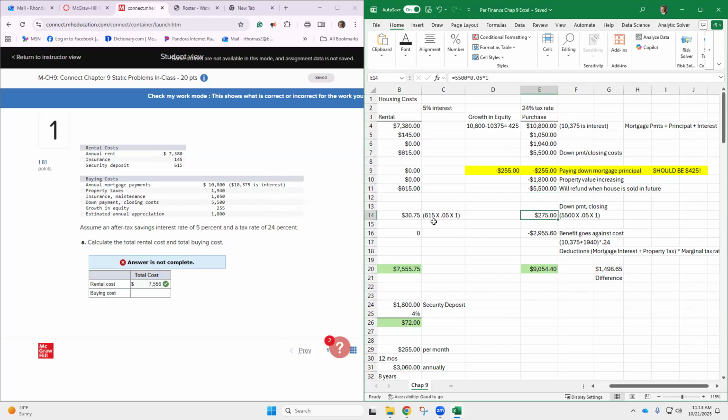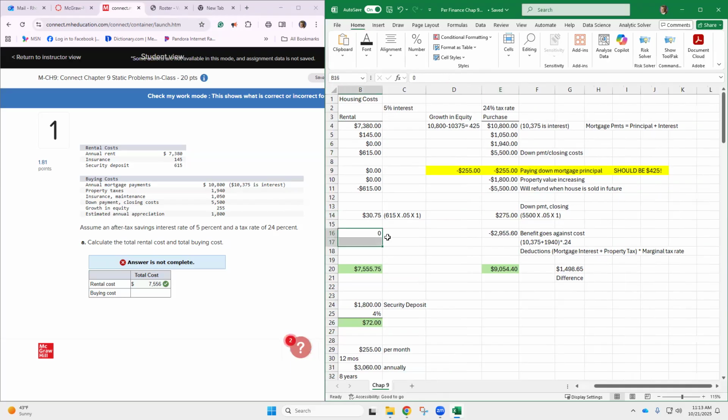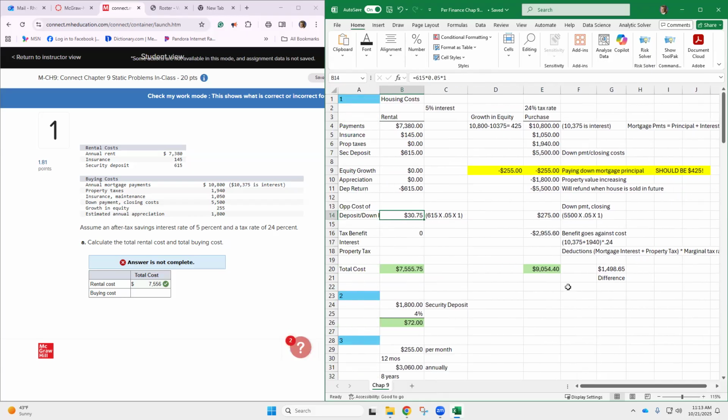The opportunity cost of your down payment and your closing costs is kind of like the rental deposit. Okay, let me move this over. There it is. So we're missing 275. That's a cost. So you have to also remember that all positive numbers are costs, housing costs. Positive numbers are costs